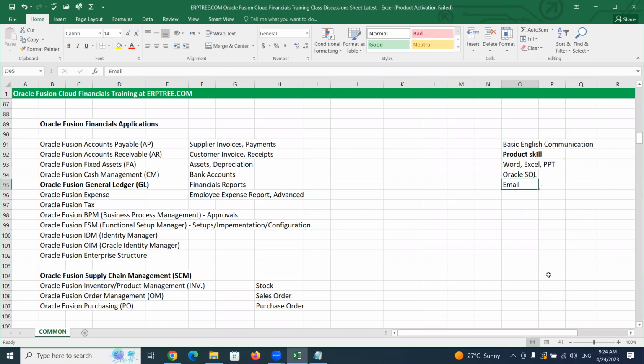Otherwise, you may put in a lot of effort, you may do this course, you may crack the interview. But if you write the first email, they will find out who you are. One email is enough. They can smell who you are. You may be very strong, you may have great qualifications, you may have great product skill on Oracle Fusion Finance or some other area. If you write the first email, they can smell it. So learn how to write professional emails. There are certain rules you have to follow, learn all those things.